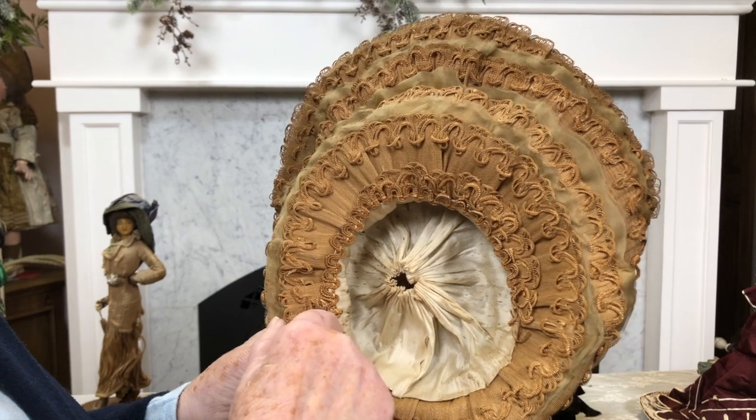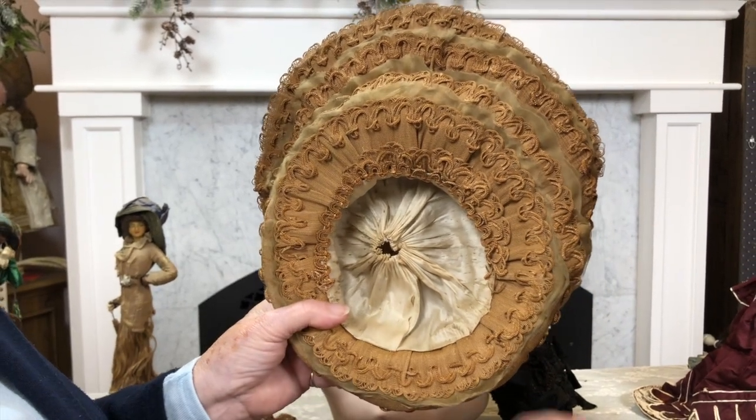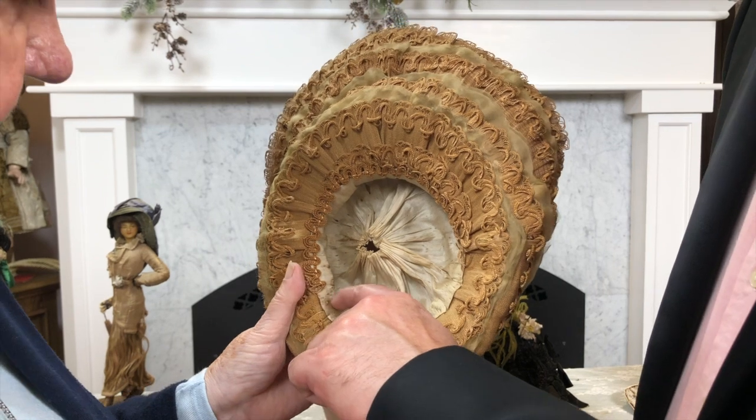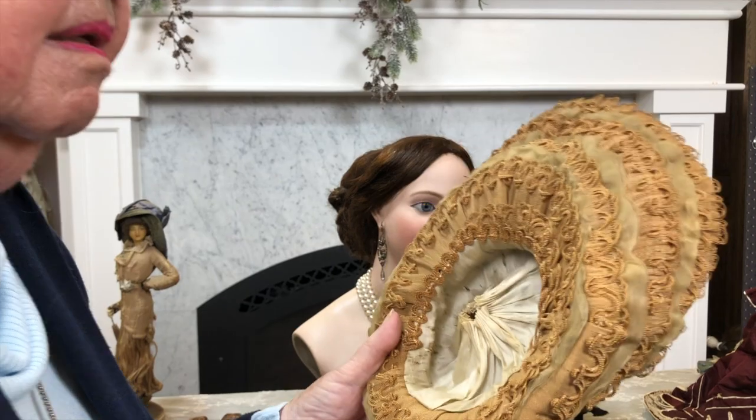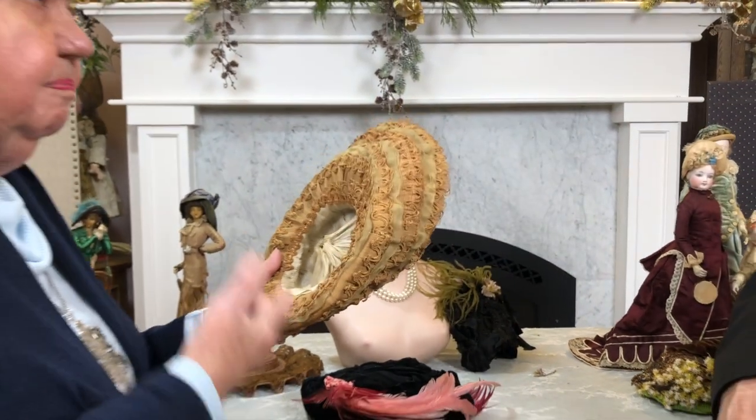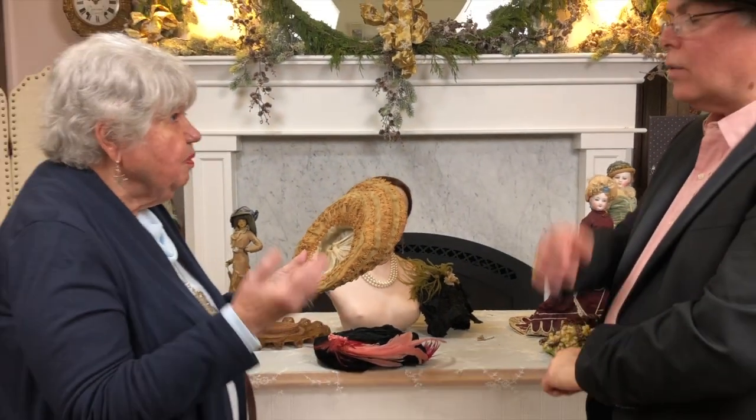That's very clear. But look at this, I just noticed these. Do you think these are hat pins? Probably, yeah, because this is going to need hat pins. And this is a hat pin period. Hat pins were worn. My grandmother